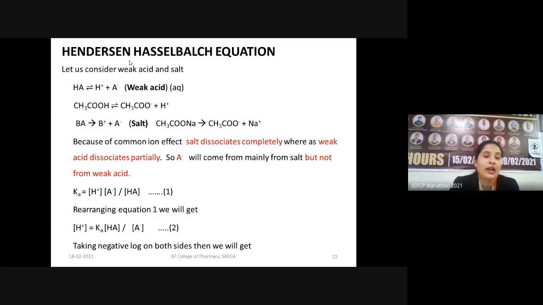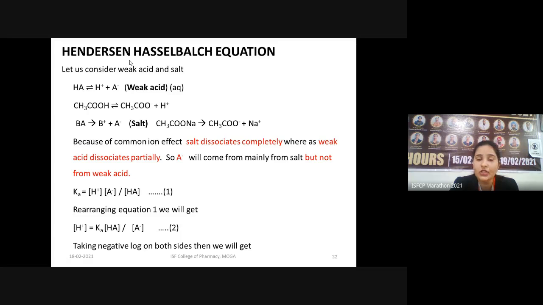And similarly, the salt also dissociates itself into oppositely charged species. We have taken here a salt as BA. It is going to give B positive ions and A negative ions. So we have got cations and anions from the salt. Now we have specifically taken here weak acid as acetic acid, and we have taken salt as sodium acetate. So what is going to happen when we will be dissolving it in the aqueous medium? Both acid and salt are going to dissociate